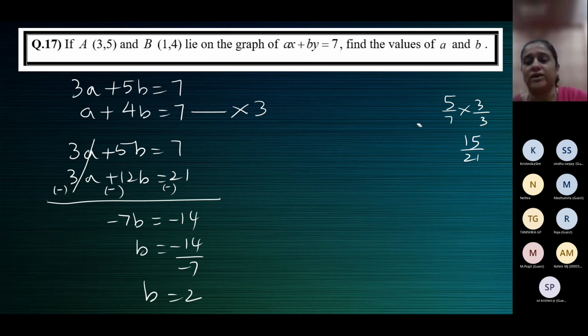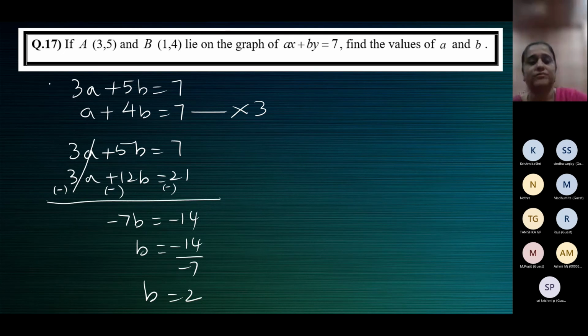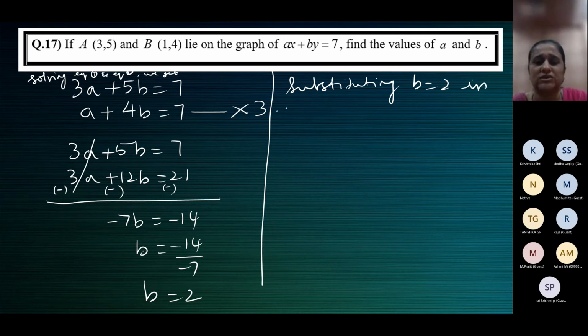Now we need to find the value of a. So substitute the value of b in any one of the two equations. Okay, so above you write, solving equation 1 and equation 2, we get b is equal to 2. And now substituting b is equal to 2 in any one of the two equations, in equation 1, we get